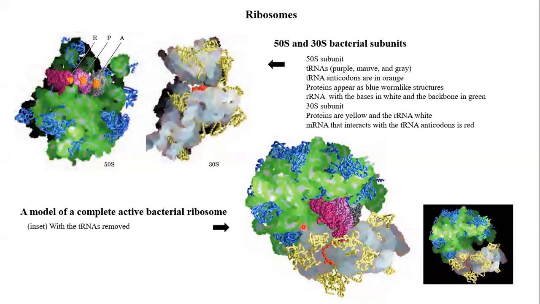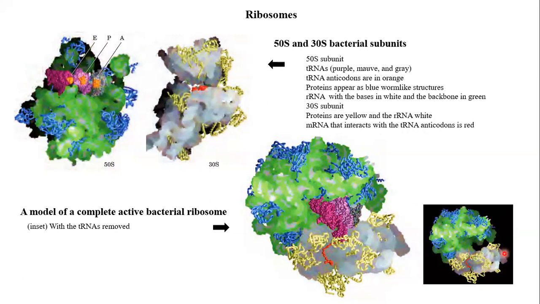So here this is the same structure, only the complete ribosome has been shown and from a different angle. So here you can see this is that mRNA, three transfer RNAs, large subunit and small subunit. And in the inset they have shown the same structure but with transfer RNA removed, so that you can see the binding site or the cleft where transfer RNA binds and the reaction takes place.